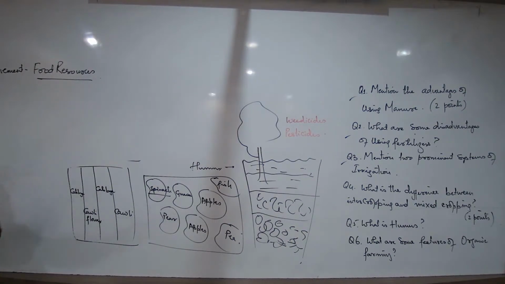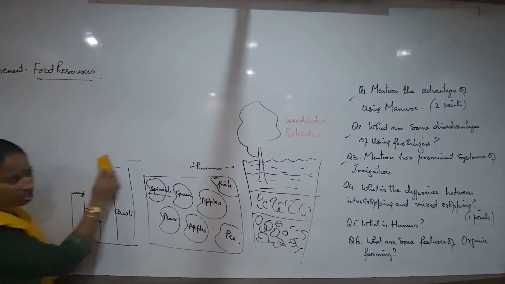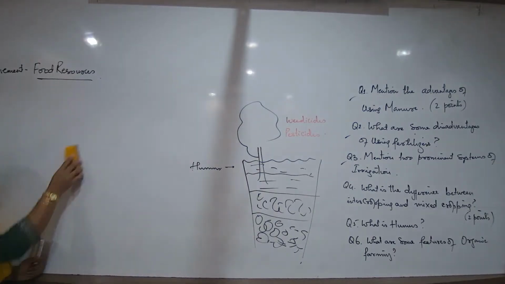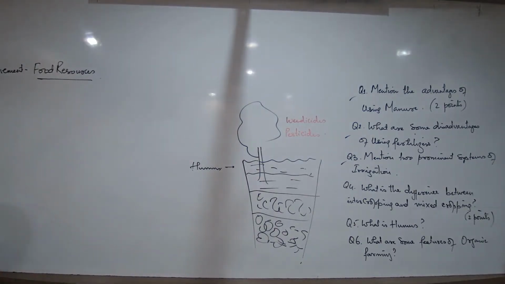We now talk about crop rotation. Try to understand what is crop rotation. Crop rotation is quite different from the concepts of intercropping and mixed cropping that we studied. We are talking about a plot of land. Now in this plot of land, maybe 2 or 3 types of crops are grown. Maybe the land is already divided into 3 plots, and here A is grown, B is grown, C is grown, by any of the methods.